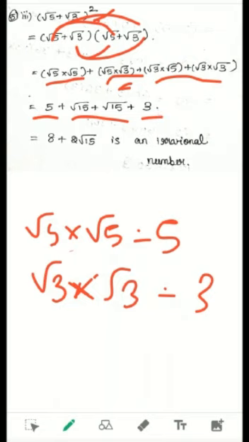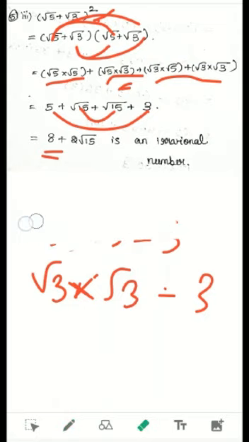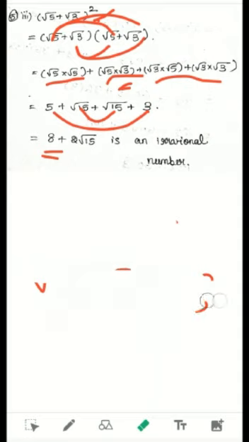And now we want to add. So now we have to add these two numbers, 5 and 3. We get the answer as 8, and you have to add these two middle numbers. It is root 15 plus root 15, it is 2 root 15. How to get this 2 root 15? For root 15 we want to add only the coefficient. What is the coefficient we have? Here we have root 15. For root 15 the coefficient is simply 1, right?